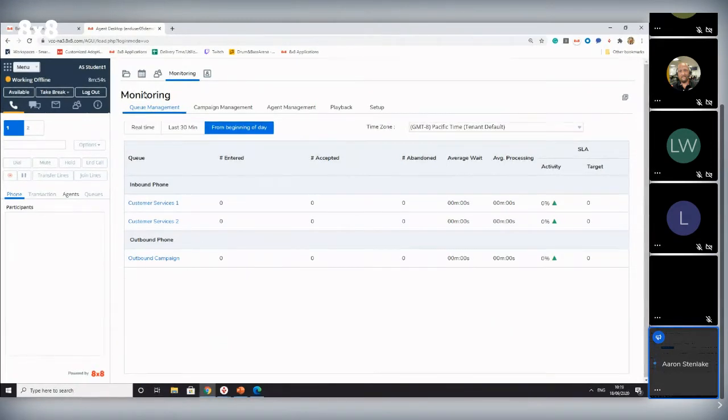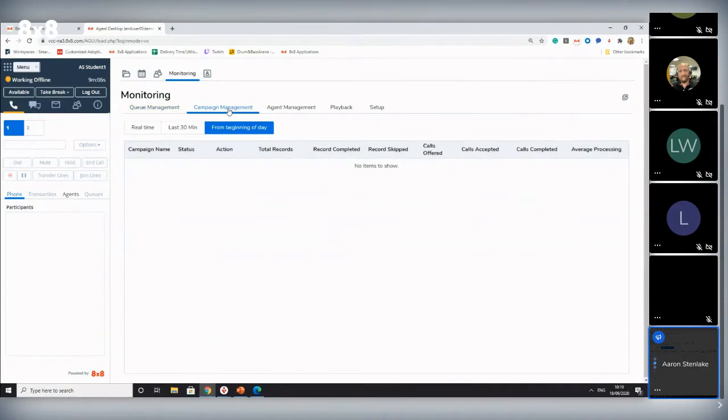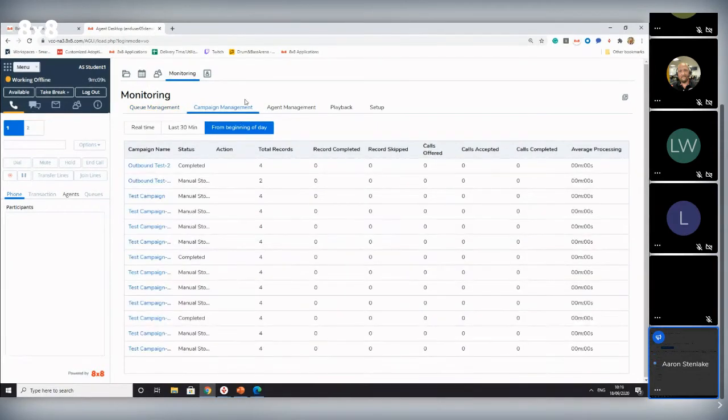Any questions in regards to the first tab? Fantastic. Now, with our campaign management, I believe this is not something you will be using purely on the basis